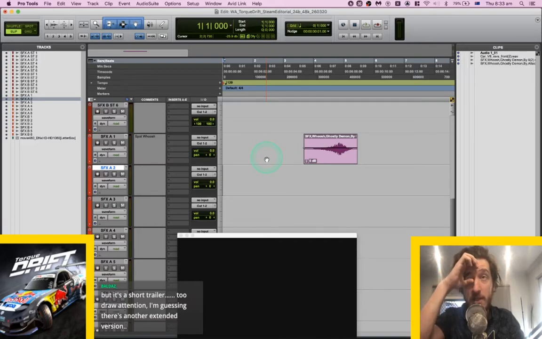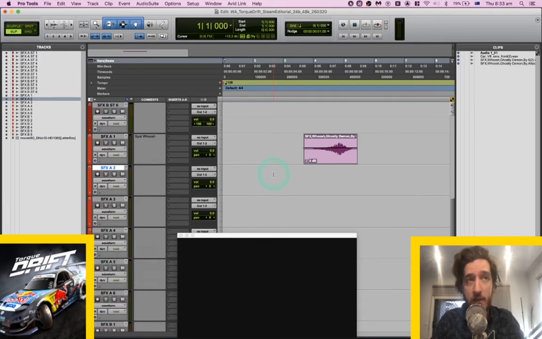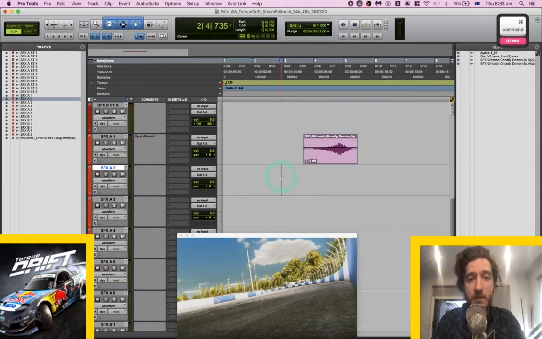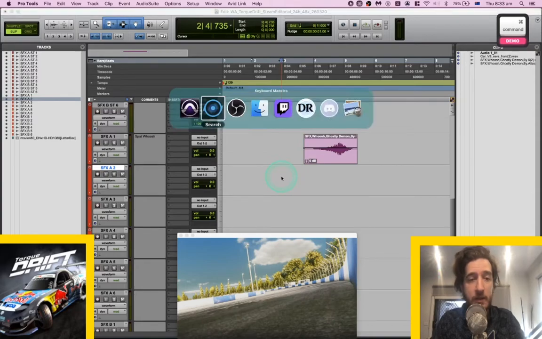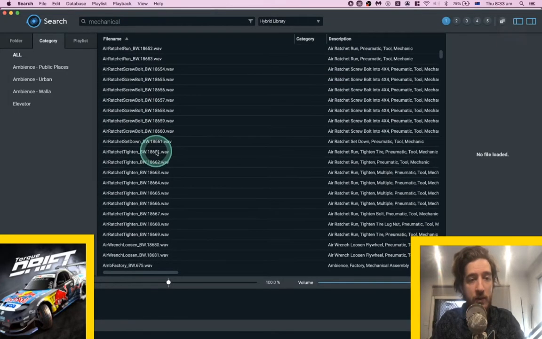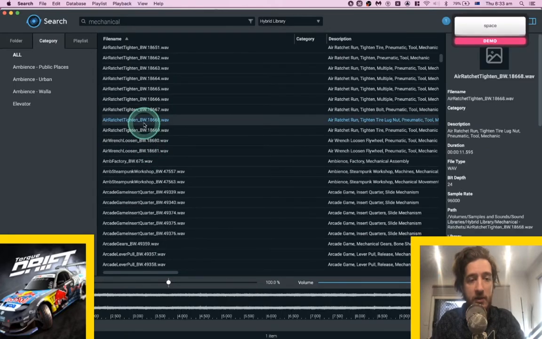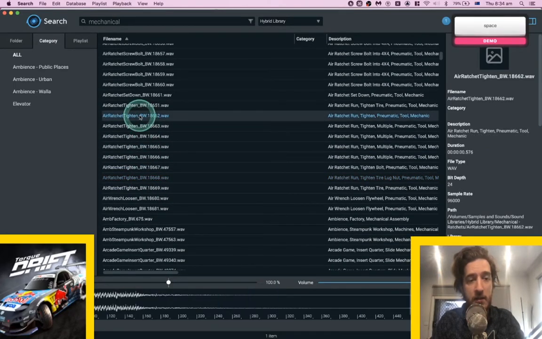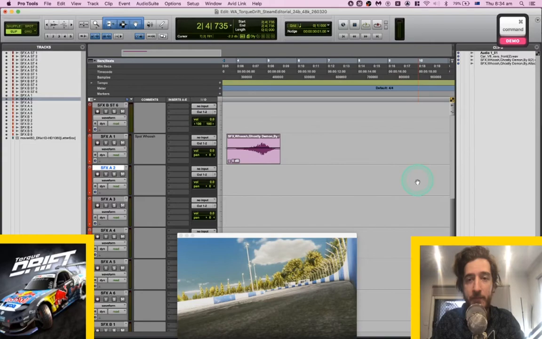It's pretty much just a short trailer to get you to download it and try it out. It's a mobile game initially, and now it's gone to PC as well, or there's a PC port of it that they're starting to work on as of this morning. But there are some other extended versions. Yeah, that's a good sound. Ooh, that's a good one.